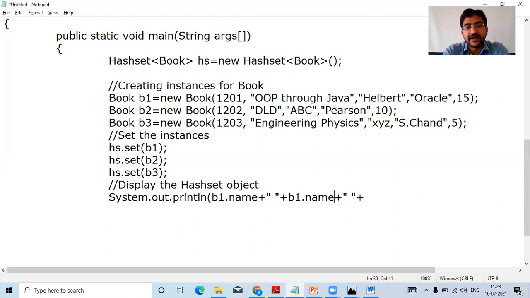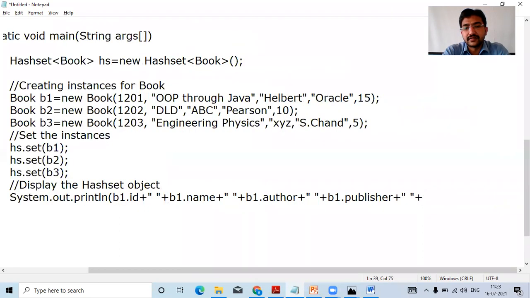b1.id, first is id, right? We are accessing id, b1.id, b1.name, b1.author, b1.publisher, b1.quantity, right?